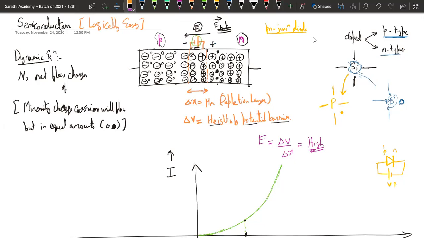Yes, sir. सर हाँ बोलिए। सर डायोड का मतलब? डायोड का मतलब क्या है? ये डायोड है ना, एक P type है, एक N type है, दो पोलैरिटीज है तो डायोड बोलते हैं उसको,